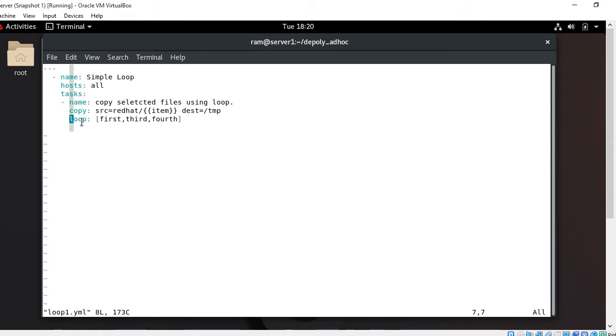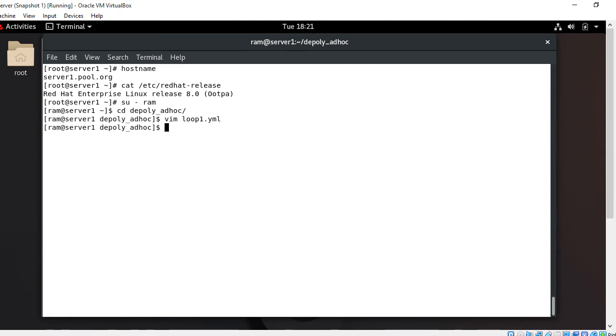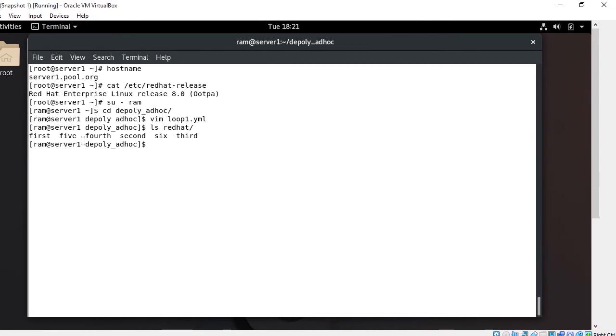Okay, so I just save and quit from there and make a directory. I have already created a directory and files. I'll show you. So I'll just open the Red Hat directory, and here I made a few blank files: first, second, third, 4, 5 and 6. These are the blank files. So my playbook is ready to run, but before running the playbook, do not forget to check the syntax error first. So how do I check it? I run the command ansible-playbook --syntax-check and your playbook name, in my case loop1.yaml.